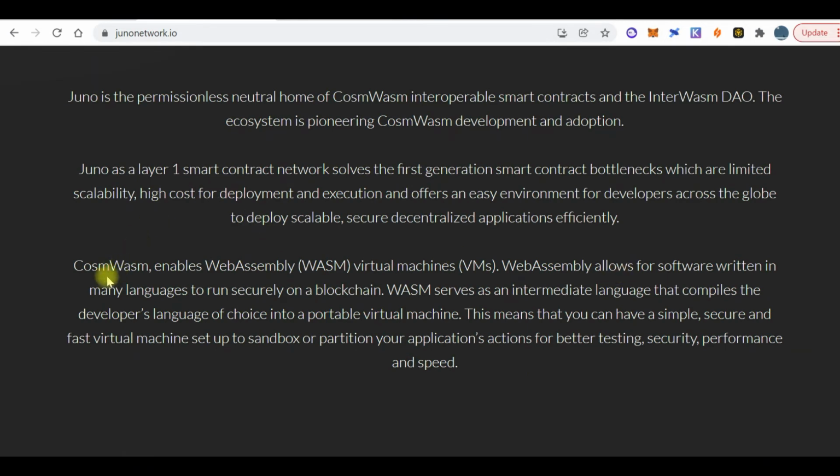It tells you that CosmWasm enables WebAssembly virtual machines. WebAssembly allows for software written in many languages to run securely on a blockchain. So this is the interest right here. This WebAssembly allows for software written in any language to securely run on a blockchain.